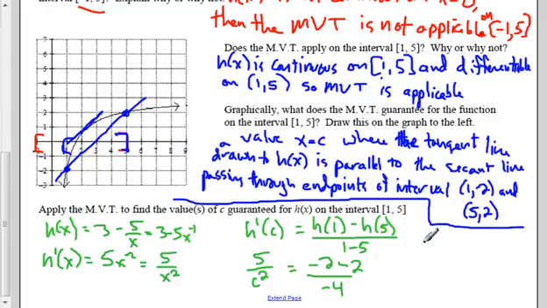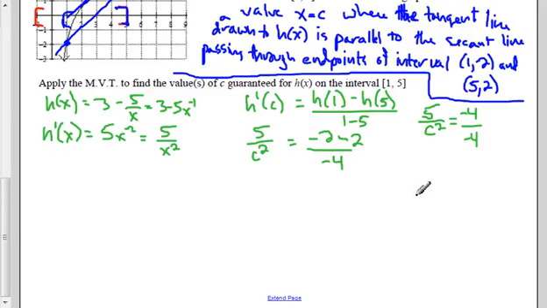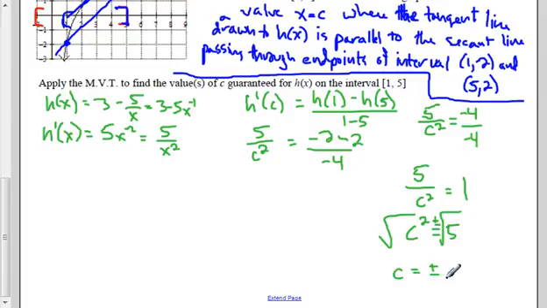So I get 5 over c squared equals -4 over -4, which is going to end up being 1. 5 over c squared equals +1. Let's multiply both sides by c squared. So c squared equals 5. Square root, square root. And again, we're going to do plus or minus. So c equals plus or minus square root of 5. Well, I'm on the interval from 1 to 5, so I know c must be equal to positive square root of 5, and that's going to be roughly